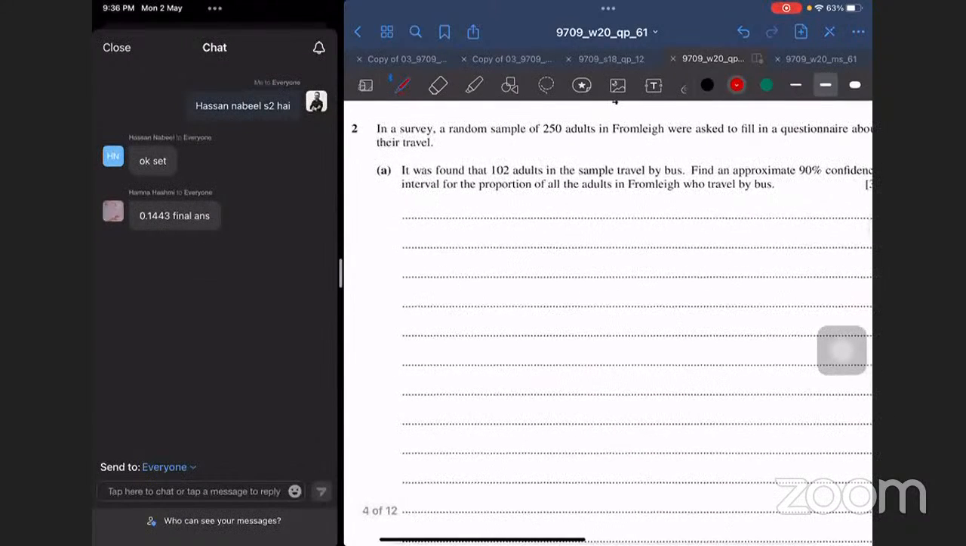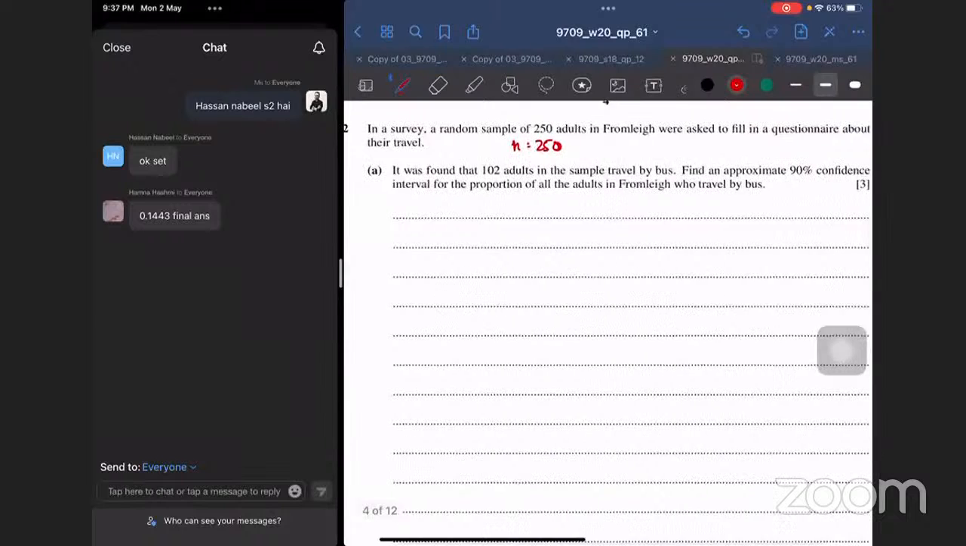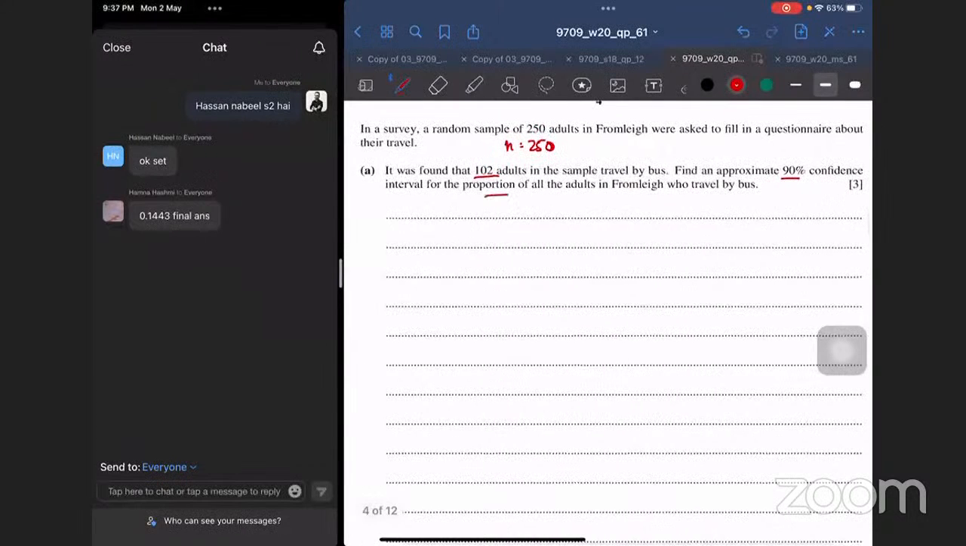Question number 2. In a survey, a random sample of 250 adults was asked to fill a questionnaire about their travel. It was found that 102 adults in the sample traveled by bus. Find an approximate 90% confidence interval for the proportion of adults. So I'm asking you to find the confidence interval of proportions. The formula: if you want the confidence interval of the population proportion, it's PS minus